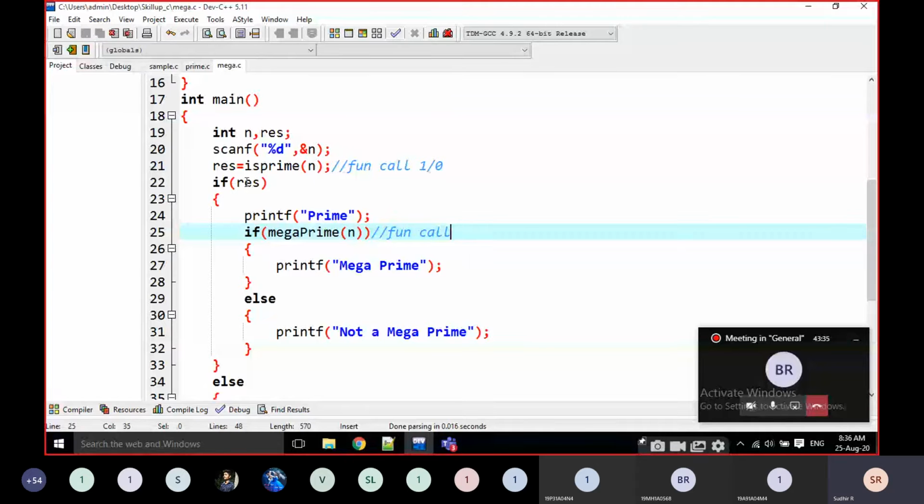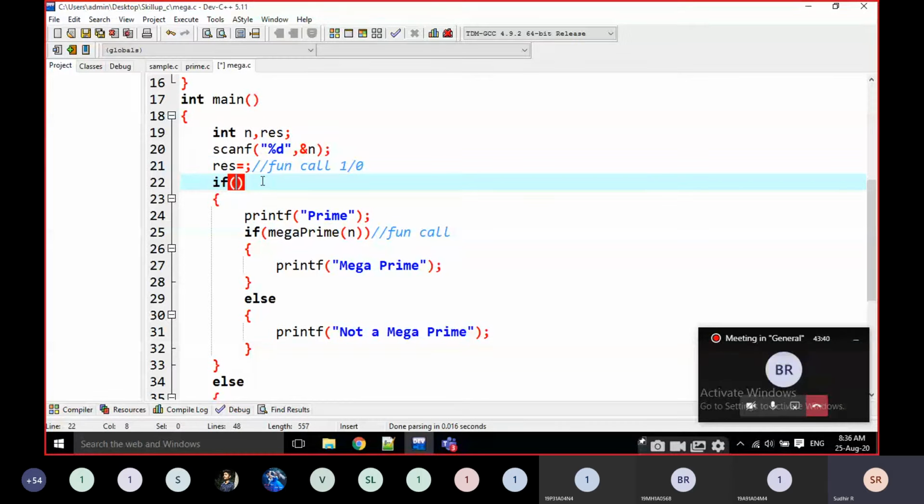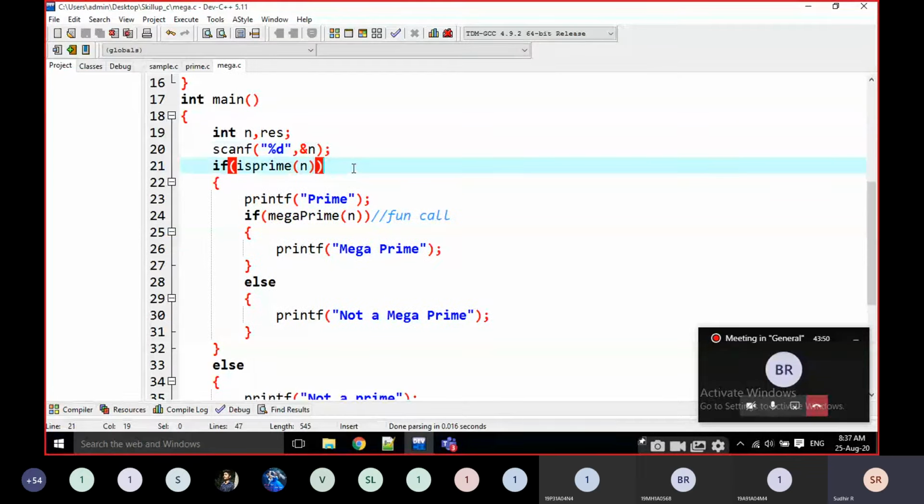Instead of this, I can also write it like this, that means the prime of n. If it is true, a positive value other than 0, then it is called a function call. Now I am calling mega prime of n.